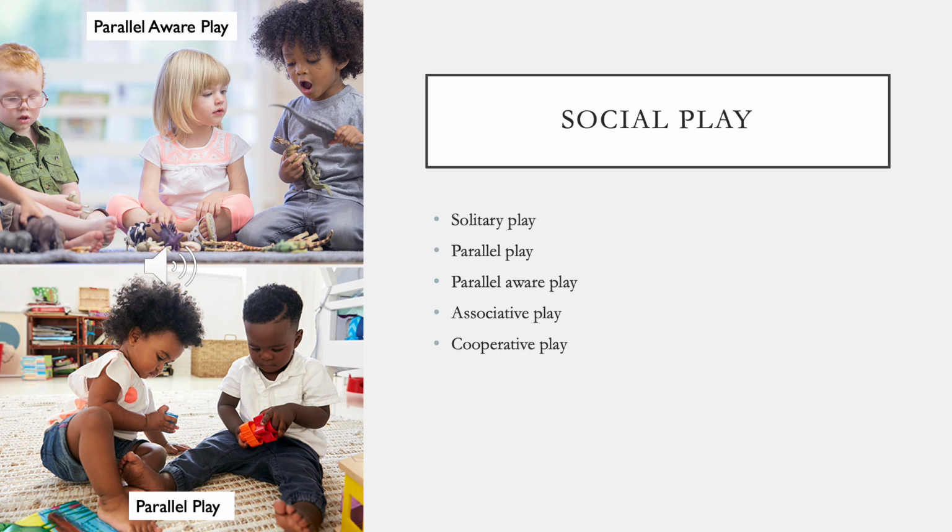And then when we're in the final stage, so the cooperative play, that's our highest level of social play with another person. So they're engaging in the same activity with one another, but they're making decisions about what they want to do. They're figuring out how to do it together, and there's more advanced notions all around. So an example, imagine you have 3 children, you're outside, and they're all climbing on a climbing structure. And they might agree upon a game that they're going to play on the climbing structure. And the climbing structure is a mountain. And each of the 3 friends are going to take a turn getting to the top of the mountain.